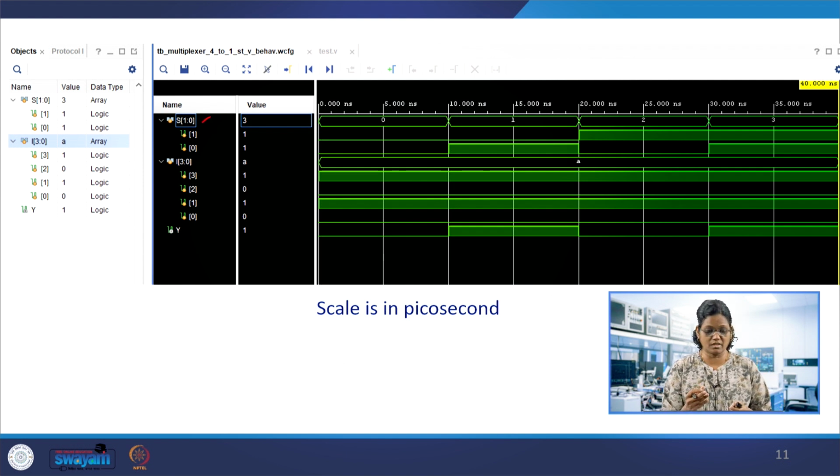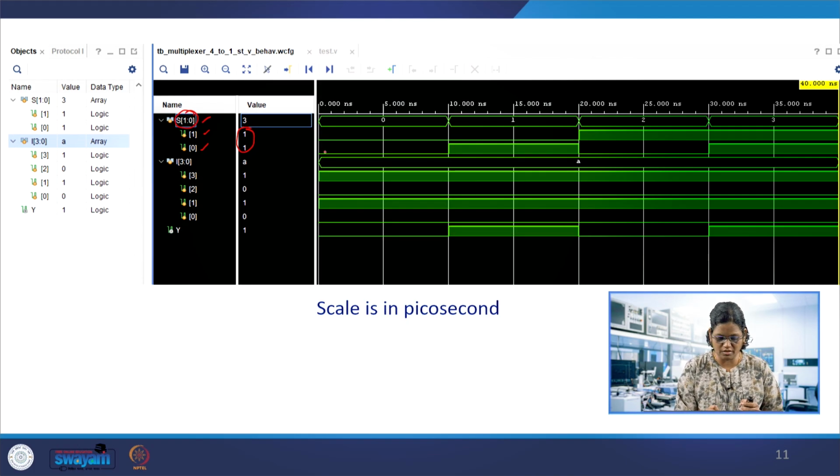Suppose it has 0 1, that is 2 bits, which has a value, suppose 1 1, that is 3. So, the first bit 0 and second bit 1. So, how can these multi-bit vectors be viewed in the waveform editor?